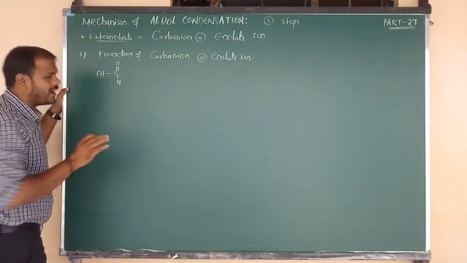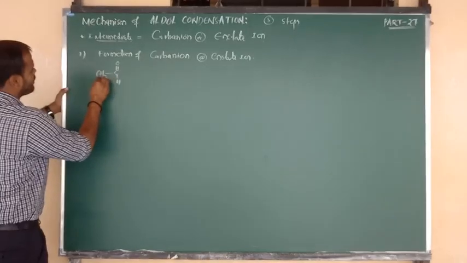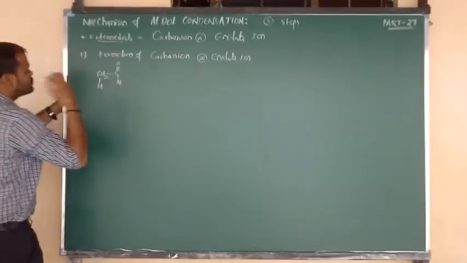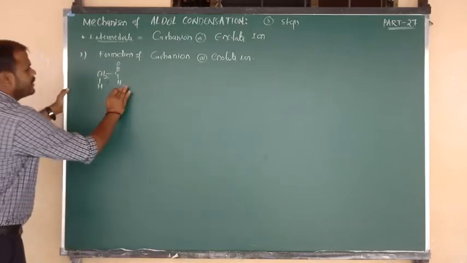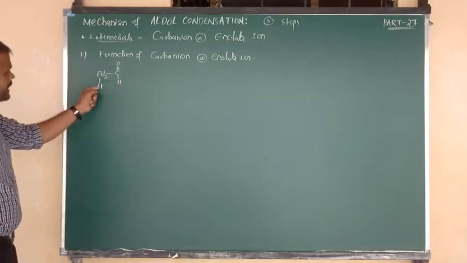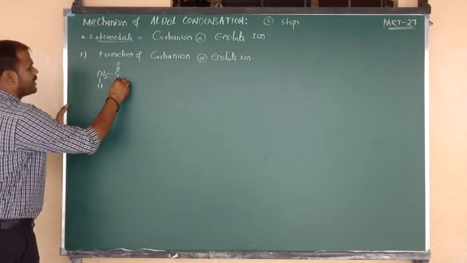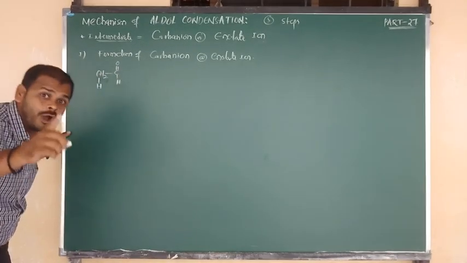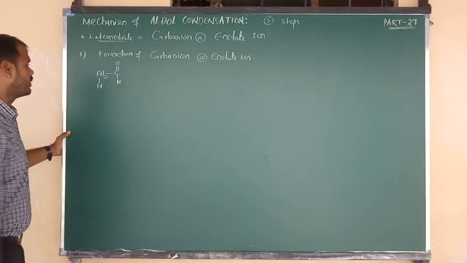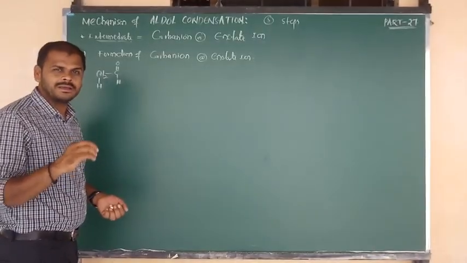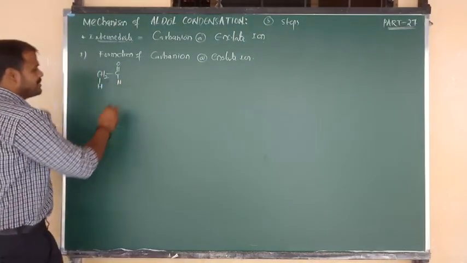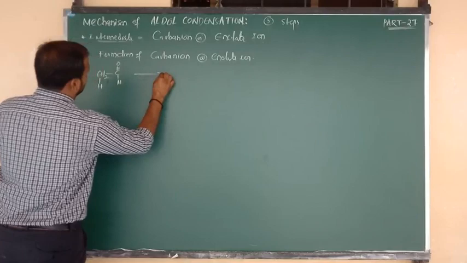This is 1 mole of aldehyde, but I am going to write the CH3 form in a comfortable way, as CH2 bonded to H. No problem? So CH3 bonded to CHO is your acetaldehyde compound. Another mole of acetaldehyde will be considered in the second step. Aldol condensation takes place in the presence of dilute base. Simply consider dilute NaOH.